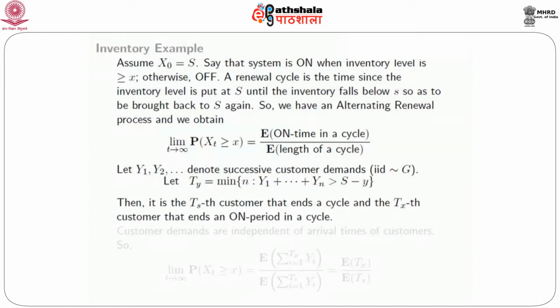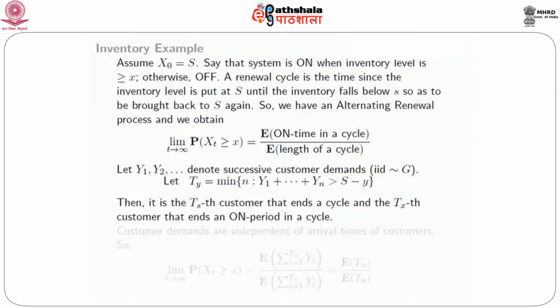So it is the T_S-th customer that ends a cycle. So if you put y equal to s, look at T_s. T_s is the first time that after serving a customer's demand, starting from an inventory level of capital S, after serving a customer's demand, the inventory level goes below little s, which means that the